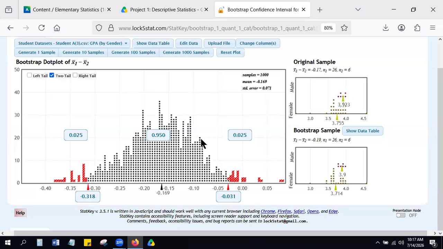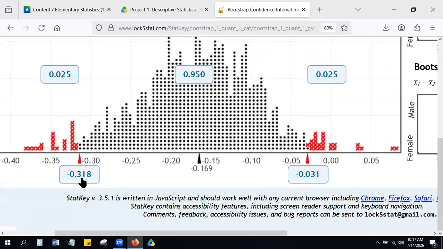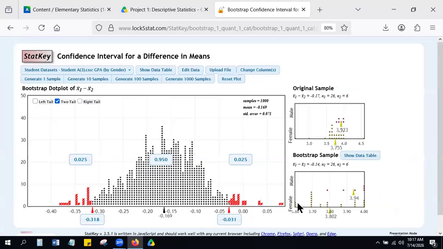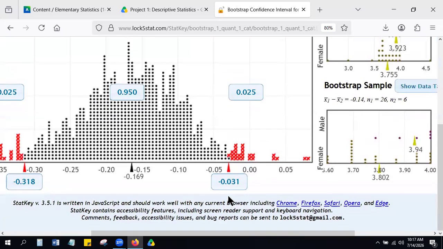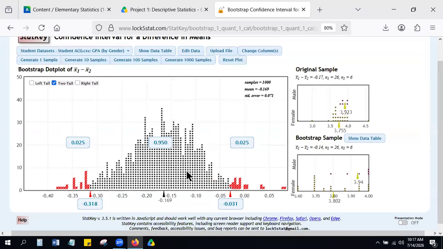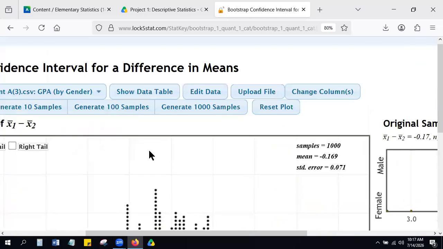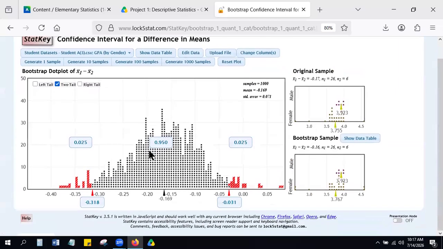You'll write a little summary about it. Again, that's what my first video was about. You'll see down here that you've got a negative number and another negative number, which is just suggesting that zero is not plausible. But that's all I'm doing in this video, just a quick how to make your graph. From there, you need to take it and write a little paragraph about it where you talk about 99, and you leave it at 95, 95% confident that the difference in means